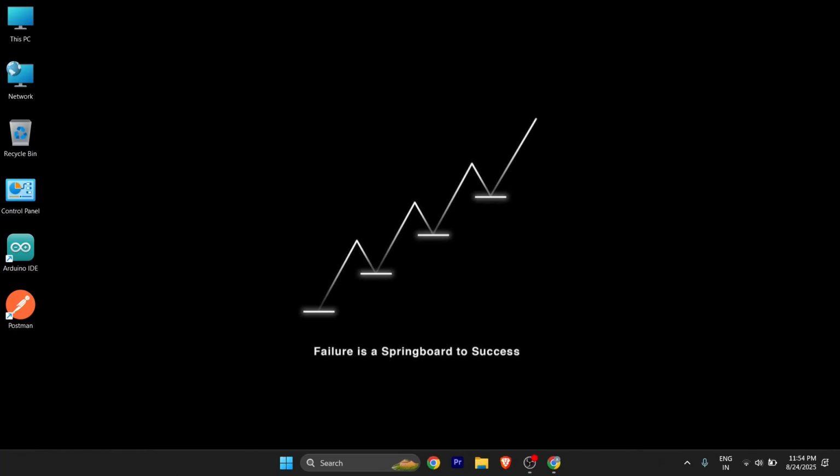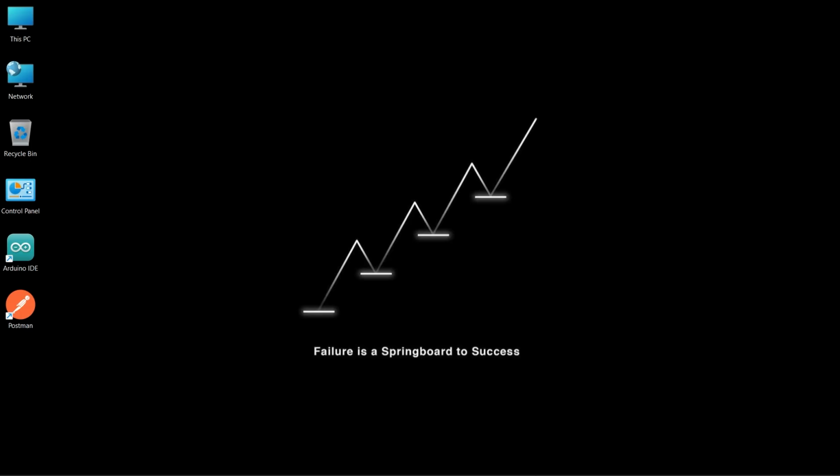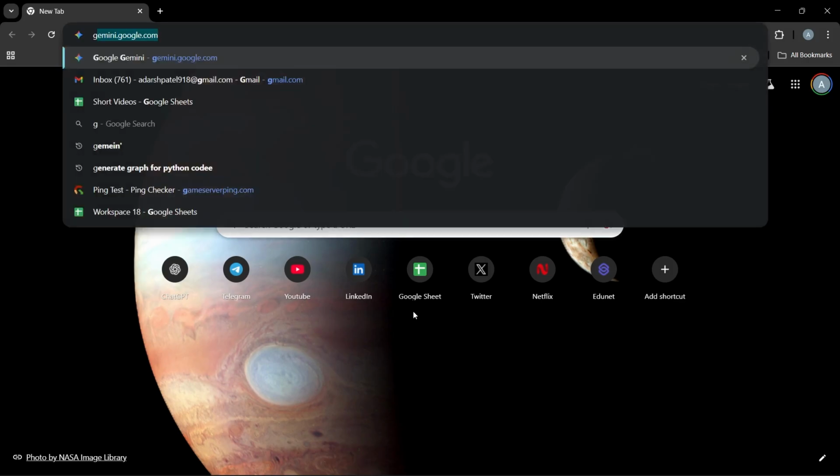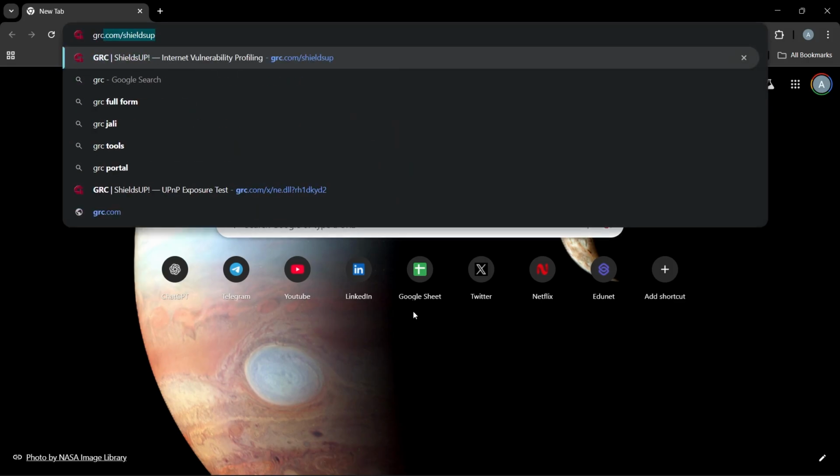In this quick tutorial, I want to show you how you can find out the ports that are open on your computer. Now, in order to do it, all you need to do is simply open any of the browsers you have, and search for the website that starts with